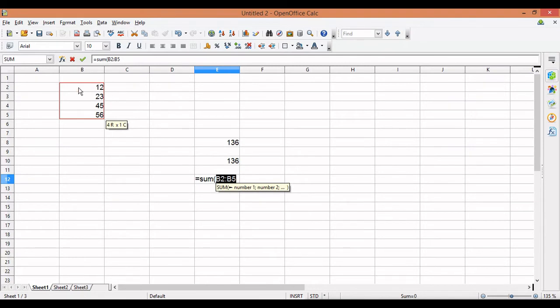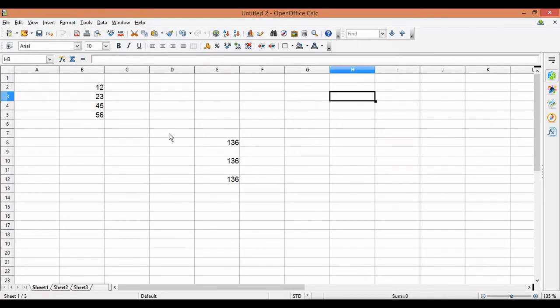As you can see, 12 is placed in B2, and the last cell address is B5. So B2 colon B5, and then close the round bracket. So this is the cell range. You provide the starting cell address, separated with the colon, and the end or last cell address. Press the enter key, you will get the result.